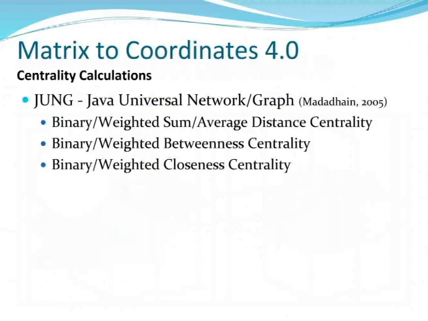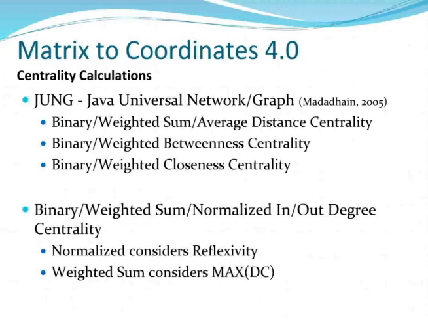Okay, one of the neat features that the program will also do is calculate centralities for you. For those of you that know social network analysis and network analysis, there are a series of centrality measures that you can find in many programs. I use the Java Universal Network Graph method, which is publicly available and used widely, to create the binary and weighted sum and average distance centrality, which gives you 4 values, binary weighted betweenness, which is 2 values, binary and weighted closeness, which is another 2 values,